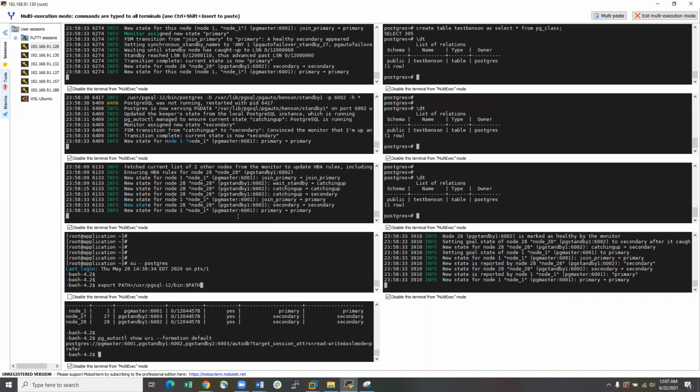We'll paste this here. Let me do PSQL -h to see. Let me see which PSQL. Okay, that's fine. It's pulling out from there. So now let's run PSQL, try to connect to